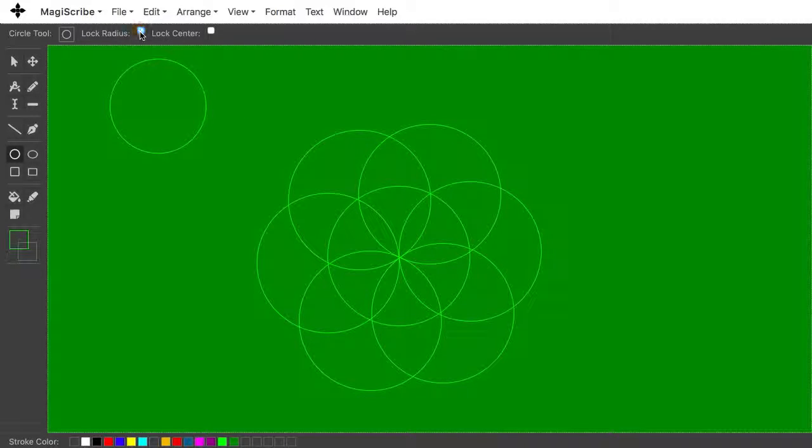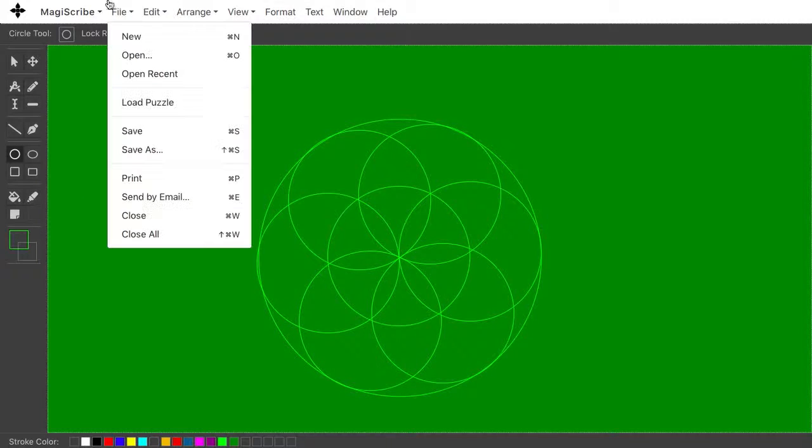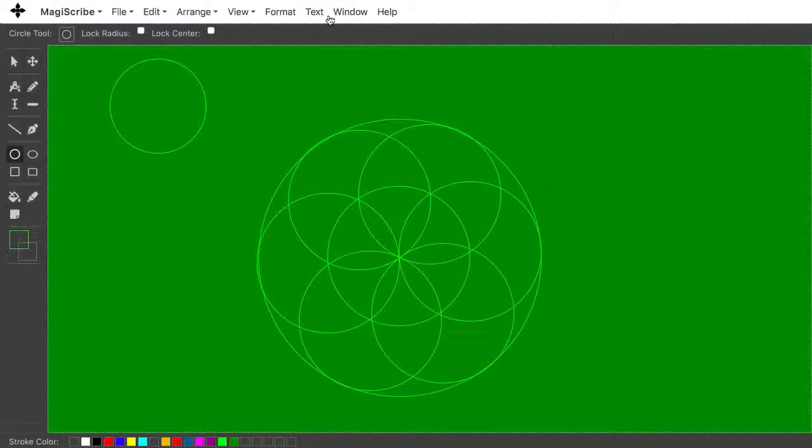If we unlock it, we can use the center of the pattern as the center again and go out to here. So these are some of the things that the program will do. I'm planning on setting it up so that you can load the puzzles and play with them in this. It keeps people from needing to have a compass on hand to play with these, and hopefully opens up some new possibilities for people. And once again, if we clear the canvas,